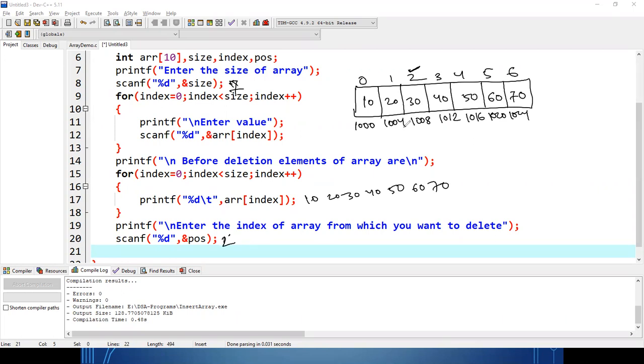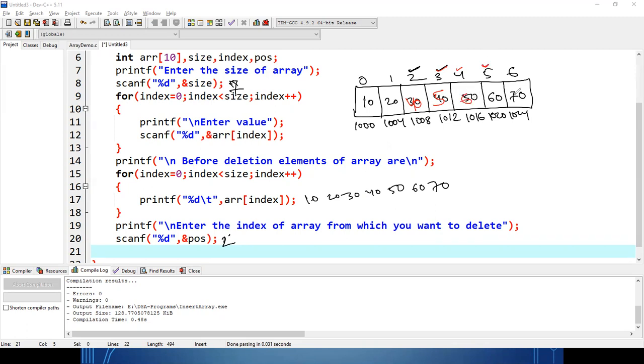So what can be done here? I'll start doing the processing from this index, but to this index the value of index 3 should come. So I am allowing 40 to override 30. Then I'll come here and allow 50 to override 40. Then again I'm allowing 60 to override 50.